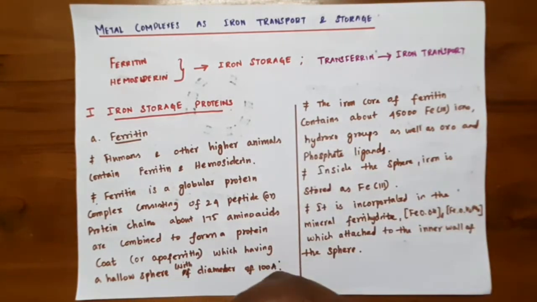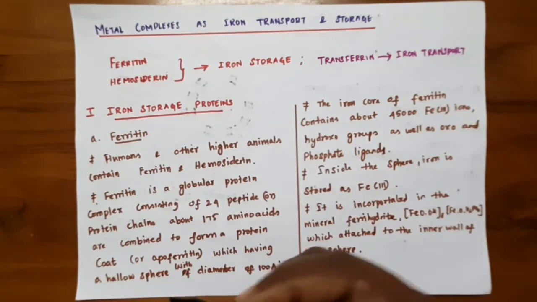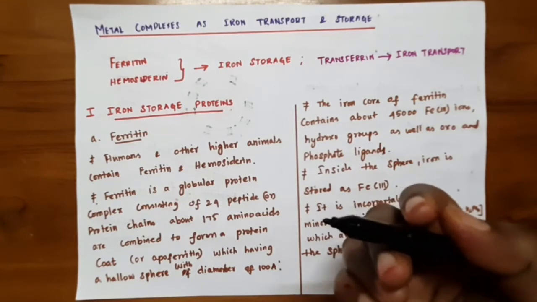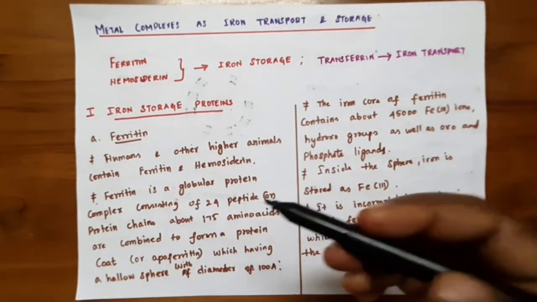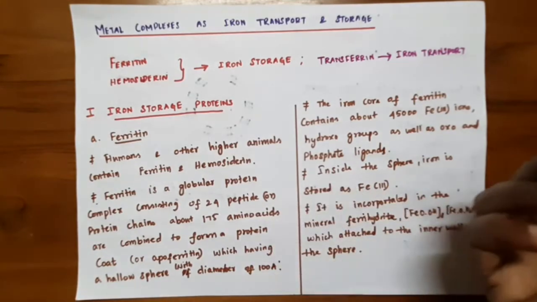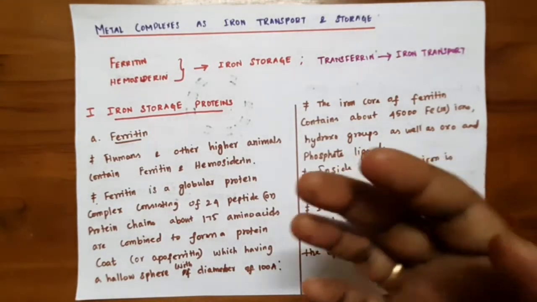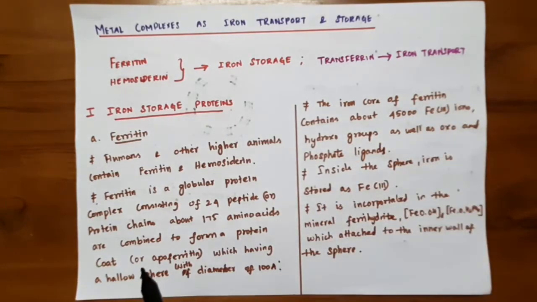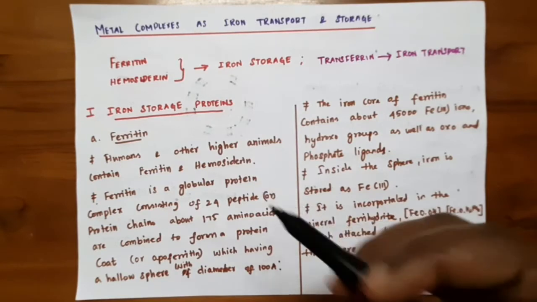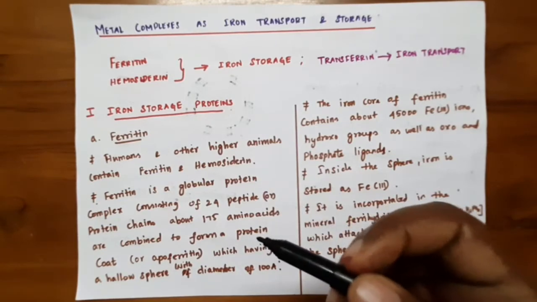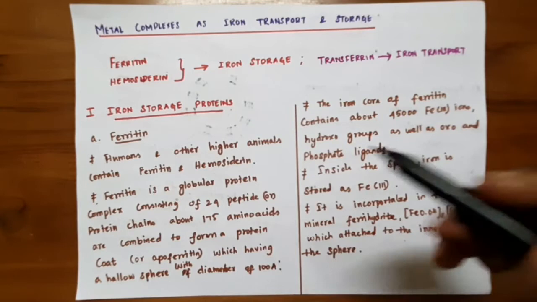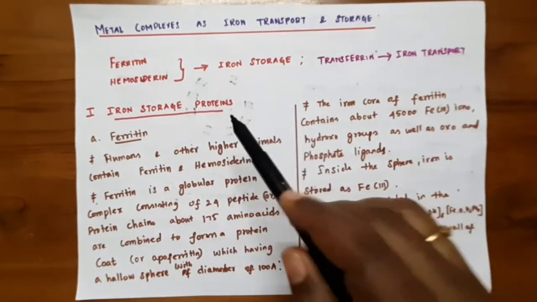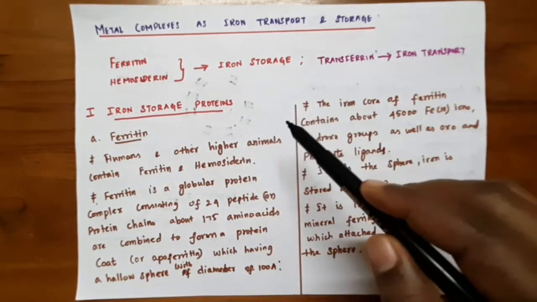If excess iron is present in the living system, it must be stored somewhere. Otherwise, it will collapse the hemoglobin structure and lead to another disease called siderosis. So the overload of iron in the human or living system leads to siderosis disease. To avoid this, there are some proteins that take up the excess iron and store it. That is ferritin and hemosiderin, the proteins which are used to store excess iron in the body.